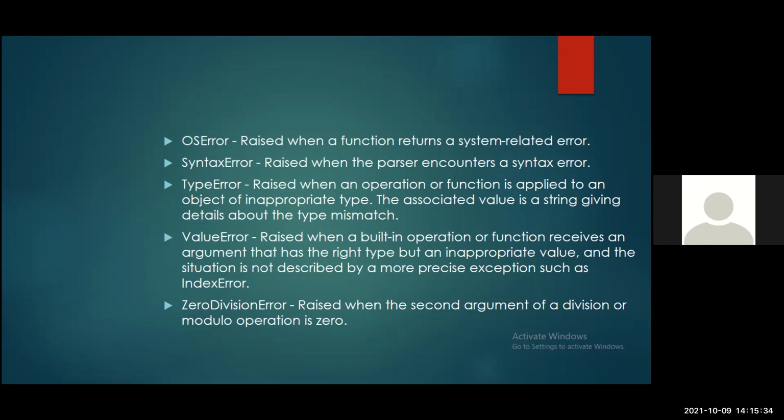The common one here is maybe you can say type error. Type error is when an operation or a function is applied to an object of an inappropriate type. For instance, with type error, maybe you have a variable that holds a string, and then you try to concatenate a string with an integer value. A string, you remember, is a list of characters, and then an integer is a numerical value. You cannot combine these two.